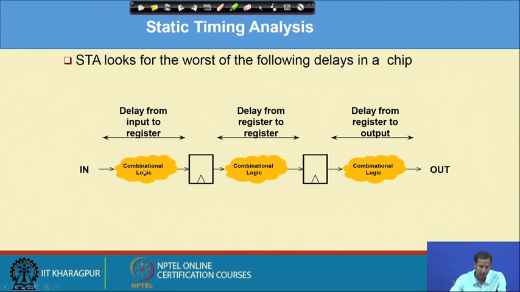Why are these three different, and when would these three be merged? If these registers are not there, then the total delay would be the delay of C1, plus the delay of C2, plus the delay of C3. But as I have put these registers in between, this data dependency has become